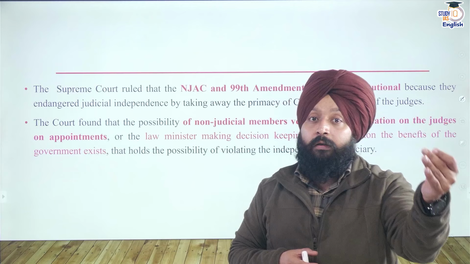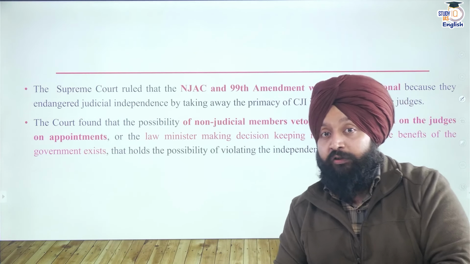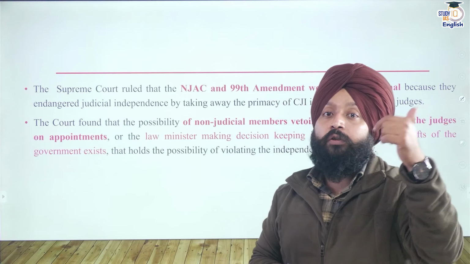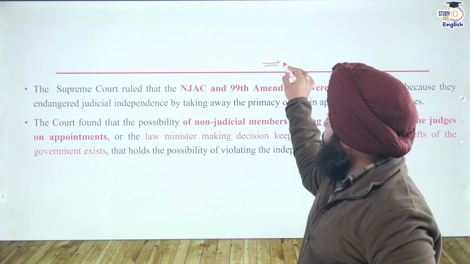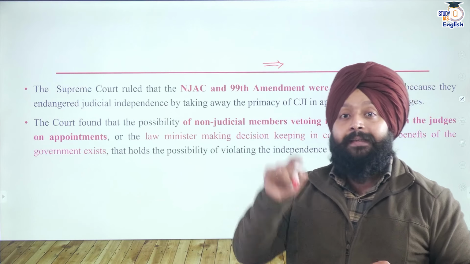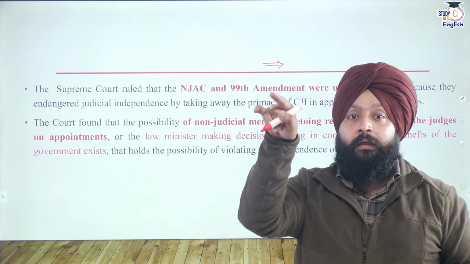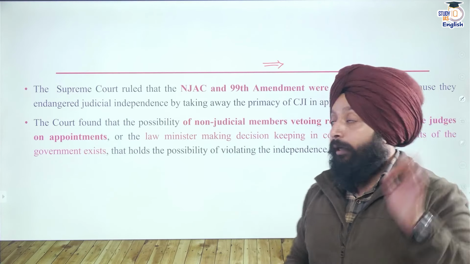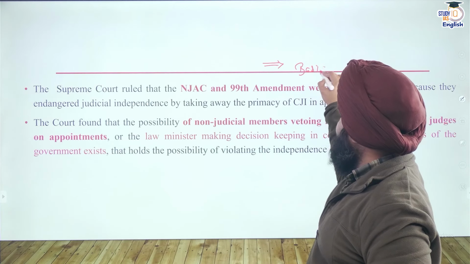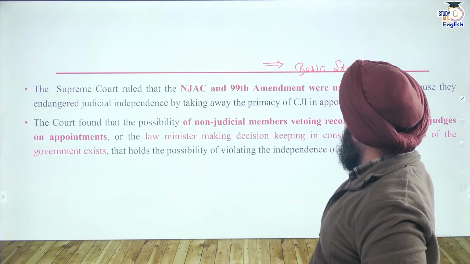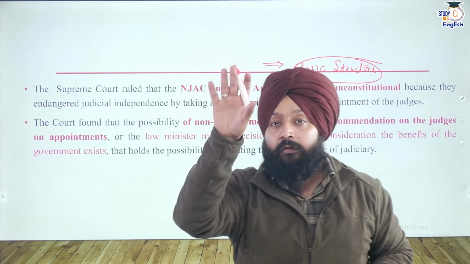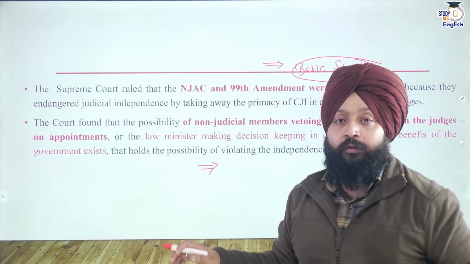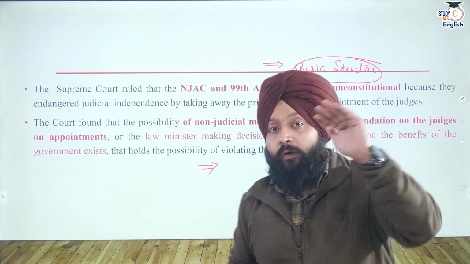And if the primacy of judiciary in making appointments to higher judiciary is taken away, the role of the executive will increase. And an increased role of the executive in judicial appointment will be a very serious blow to the independence of judiciary. As independence of judiciary is part of the basic structure of this country, NJAC is doing nothing but impinging upon the independence of judiciary. It is violating the basic structure, and as it is violating the basic structure, such an amendment is unconstitutional. As soon as the Supreme Court stated that the 99th constitutional amendment is unconstitutional, NJAC was struck down and the Collegium system was revived.